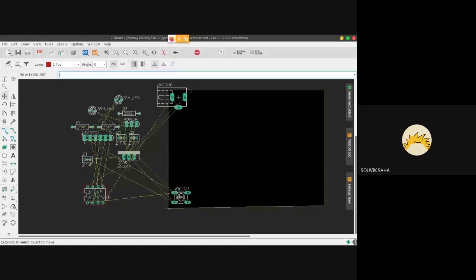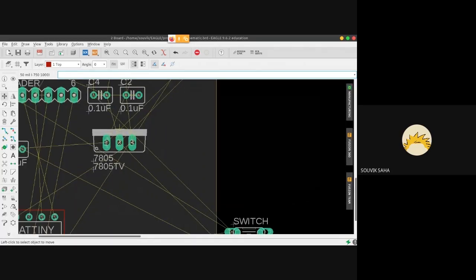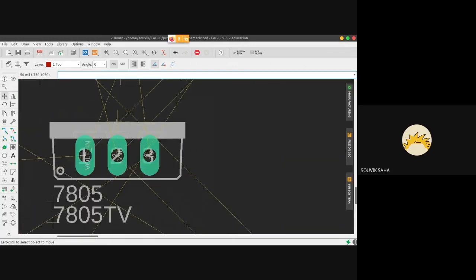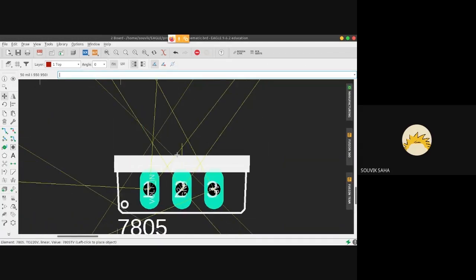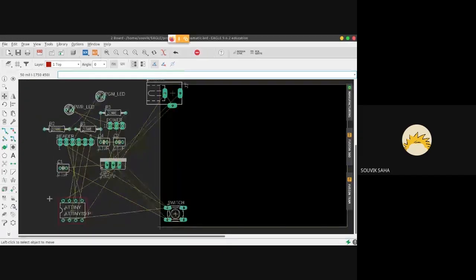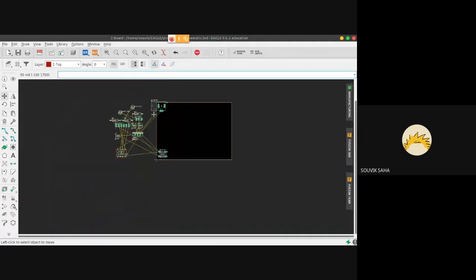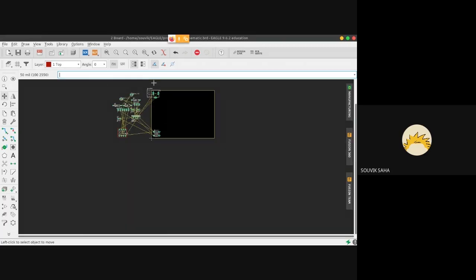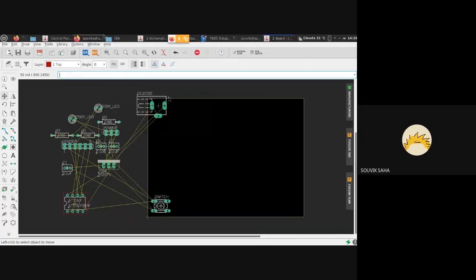Okay, now we've put the switch over here. The same rules apply. You click on the move and look for a plus icon in between, and then you move it around. Okay, so now that we have the switch and our DC jack connected,